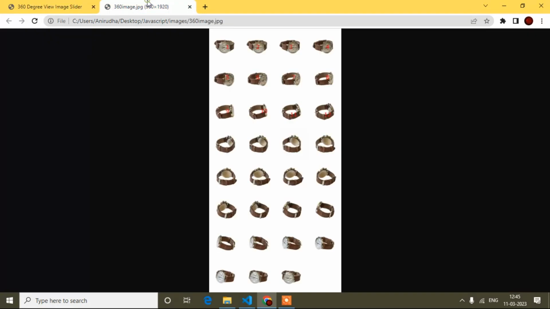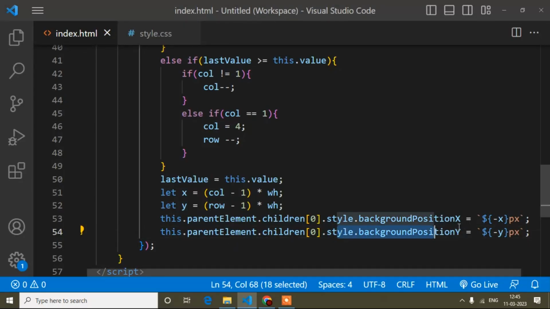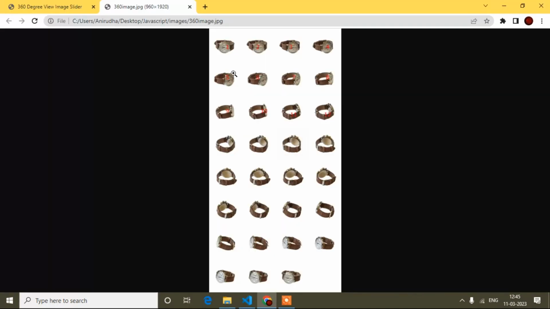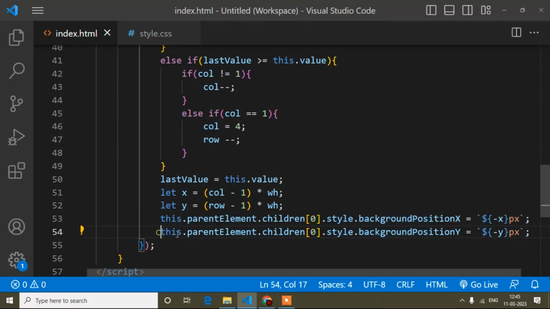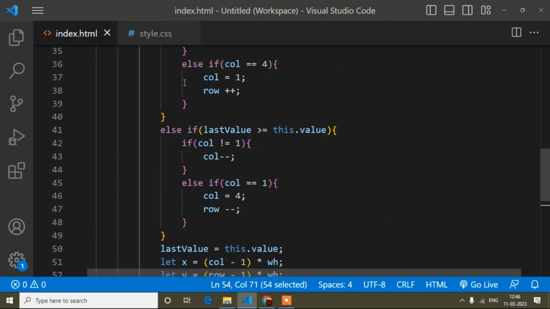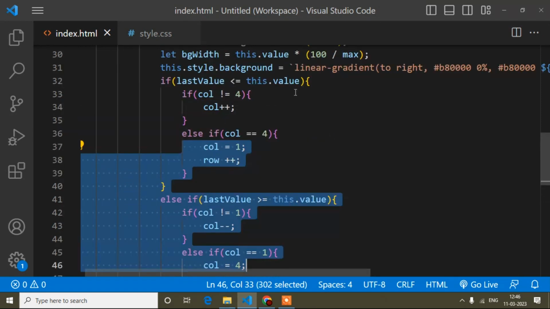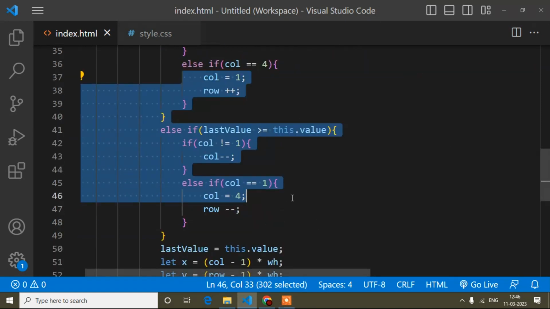Another thing I want to clarify: here the sprite image has columns and rows, but you may get a sprite image with only columns, so then you don't need to write position x or y. If you get only rows, you can use only position y, because it is increasing height-wise. If you get a sprite image with only width, you can use only position x, and no need to write the condition for y. Here you can also remove the condition as per your sprite image, but this is the actual condition. I hope guys it is clear.